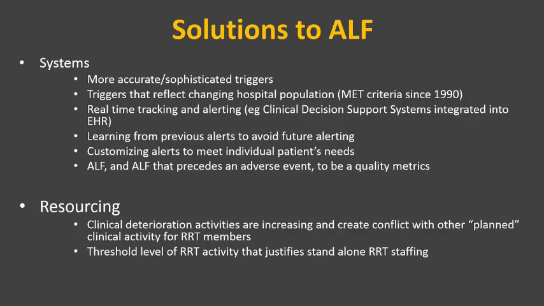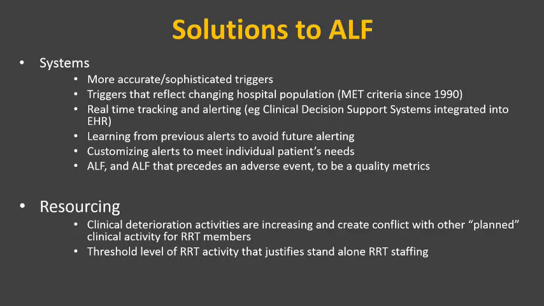Clinical decision support systems will allow us real-time tracking and real-time alerting. Those systems also have a learning aspect to them. You can look at your previous MET call activity in each individual patient, learn from that, and that can readjust and make your next response a lot smarter. And potentially we could have more real-time reporting on afferent limb failure and its consequences, and use that as a quality measure to be able to go and address it.